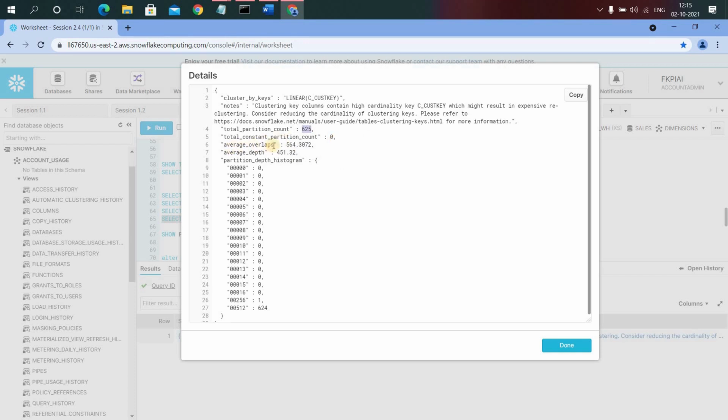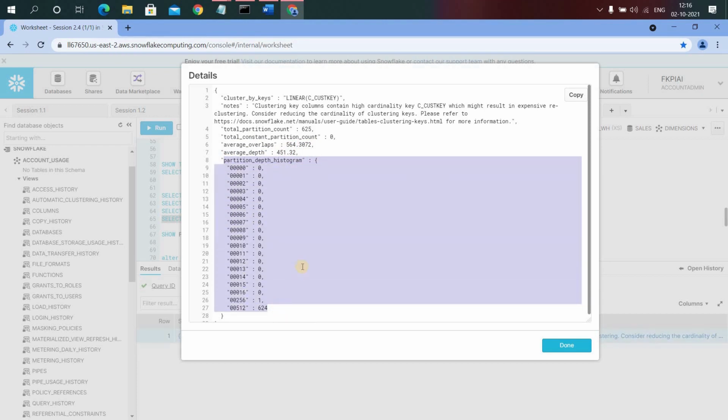Average overlap tells the number of micro partitions which have overlapping values, that is 564 point something. Average depth of overlapping values is 451, and they have given a histogram.